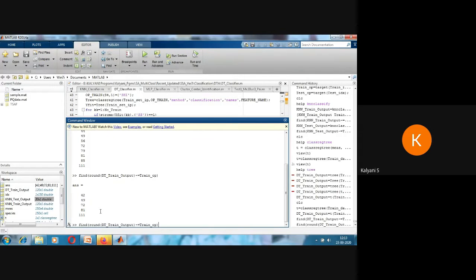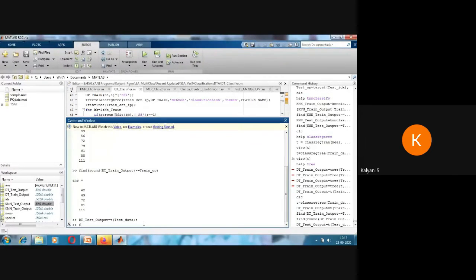Now the same thing if you do for testing. You are giving that for testing and seeing the accuracy. The same tree is simulated for testing data, which is 30 samples, and the result is stored in test output.